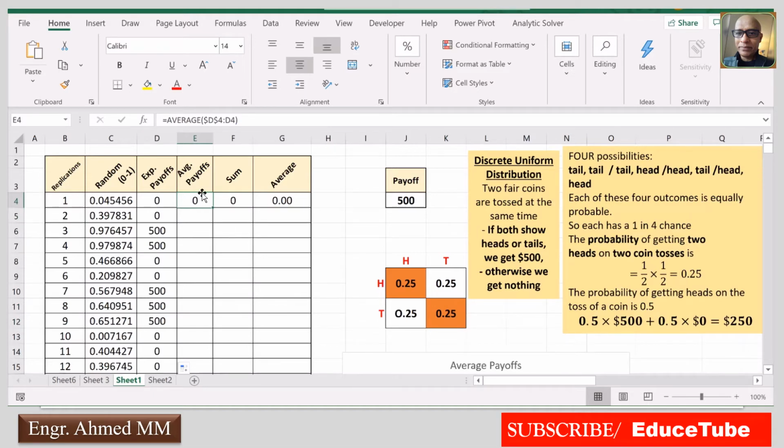Now the average payoff, how to get that? There is a formula, average. Here it is showing D4. D4 means this one. Again the colon, again D4. Suppose here it is 0, that's why it is not showing anything, because this D4 is locked for this cell, but this D4 is not locked, so it will change when we go down.